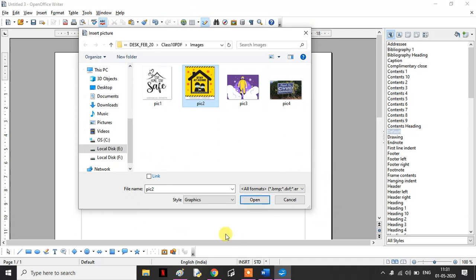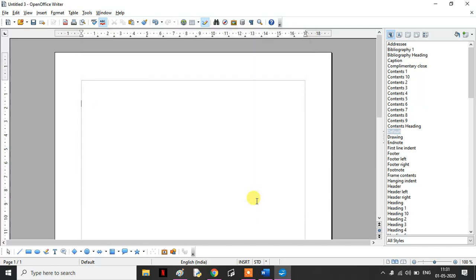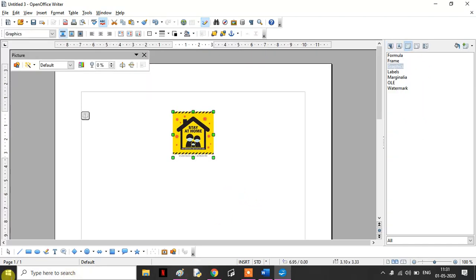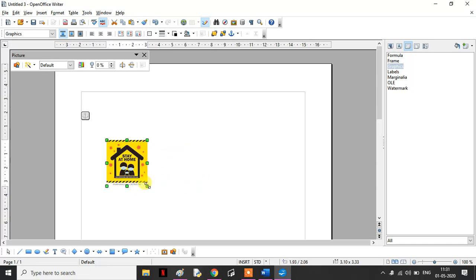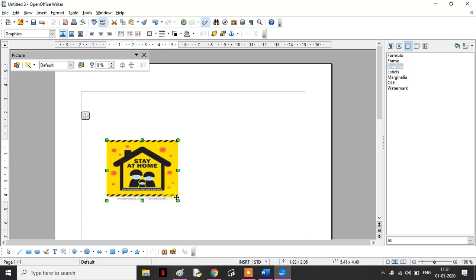This window is called the Browse window, and the title given here is Insert Picture. Once you click on Open, the image will be added here. Okay children, this is the picture which we have added, which is stored already in our system.